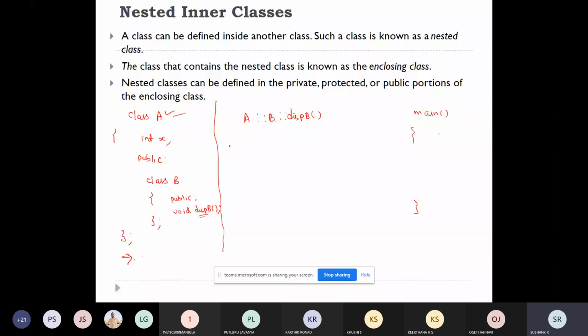Enclosing class name, after that inner class name, after that function name. So this is how you can write the logic. Void, the return type of this display function. Any doubt here? So now you want to write some message.